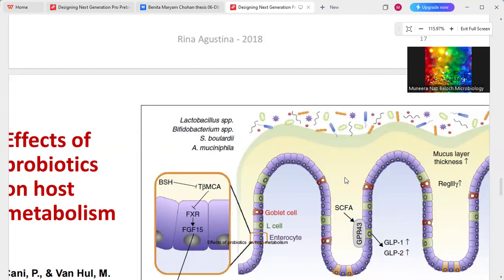And here you have the mucous layer, the yellow patch which is shown over here. And on the top you have a number of organisms being shown, right? Some of these organisms may be pathogens and some are the normal flora. And we include those which we are giving to the individual for live biotherapy. So if we are giving probiotics or next generation probiotics as live biotherapy, including Lactobacillus species, Bifidobacterium species, Saccharomyces boulardii,